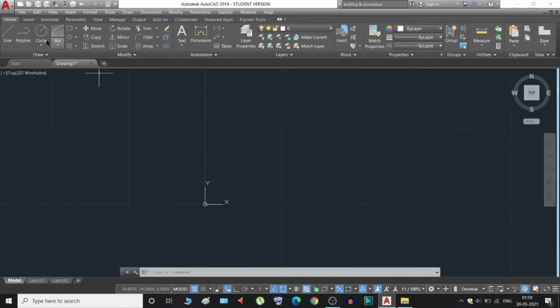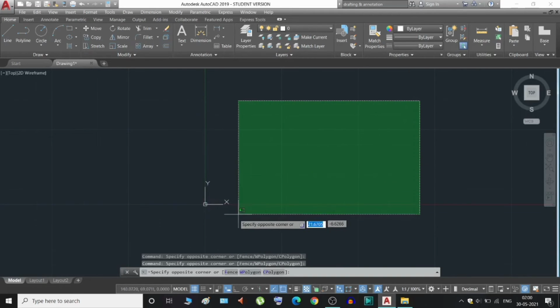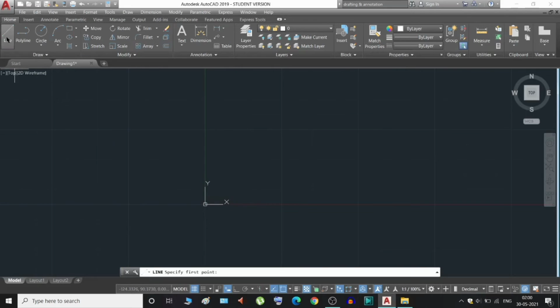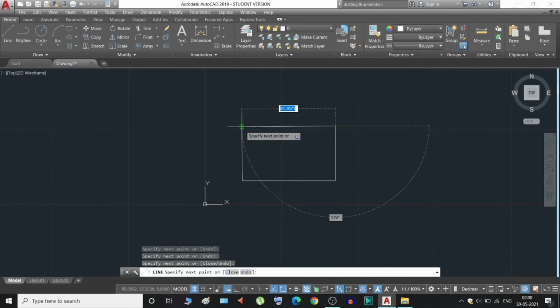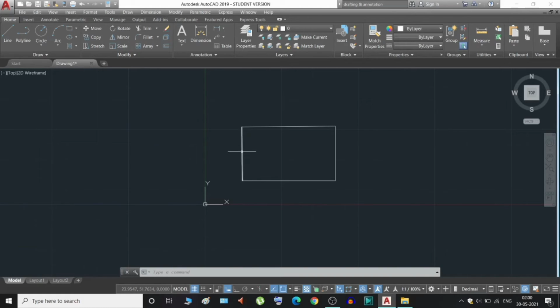So one thing I want to say, that there is a thing in AutoCAD 2D where the difference comes in left to right and right to left selection. So what is this? Let me first draw some lines. So if I want to select this line and delete it, then I have to just click on it, then it will be selected. Press escape.